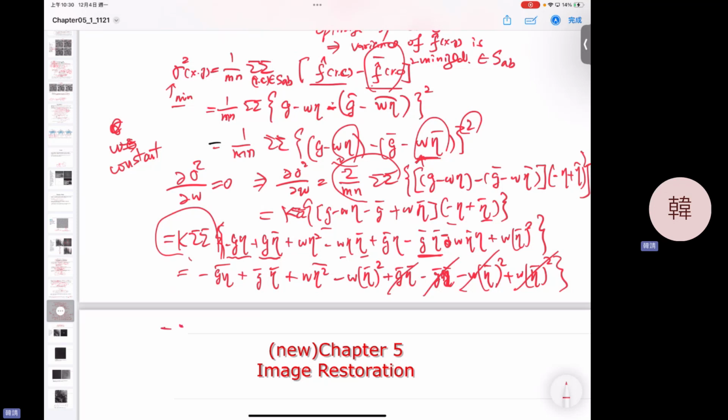It's minus g eta bar plus g bar eta bar plus w eta square bar minus w eta bar square, equal to 0. So can you tell me what's the W there? Just sum up together. From here you can derive W equal to what? Move to the right hand side. So it's g eta bar minus g bar eta bar, over eta squared bar minus eta bar